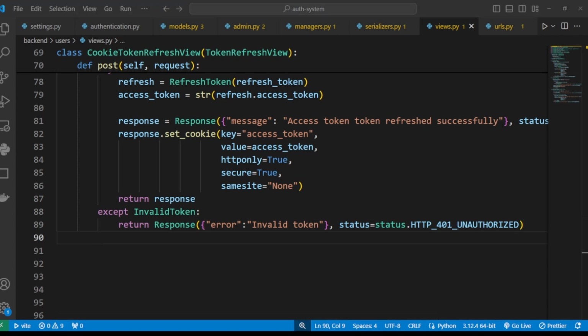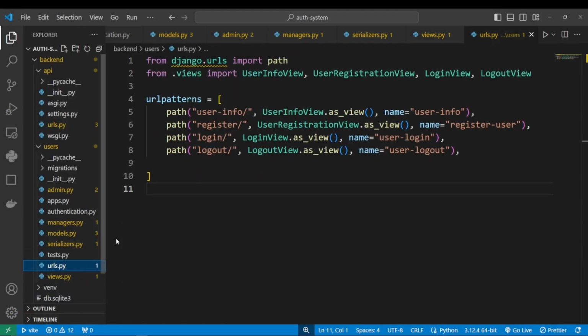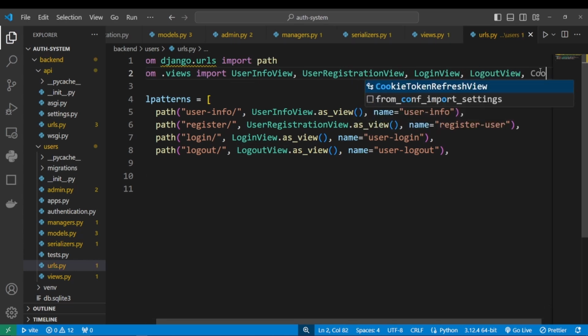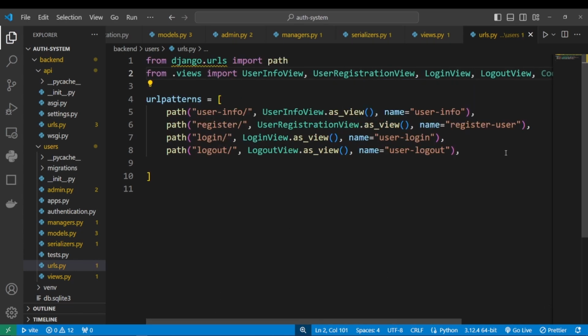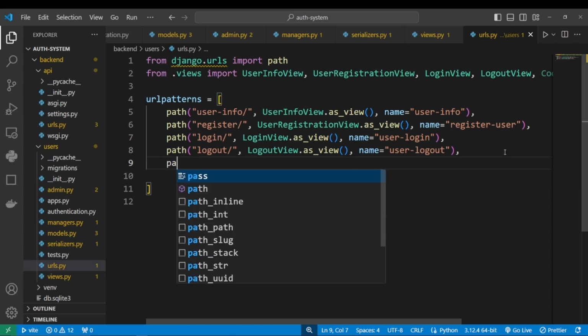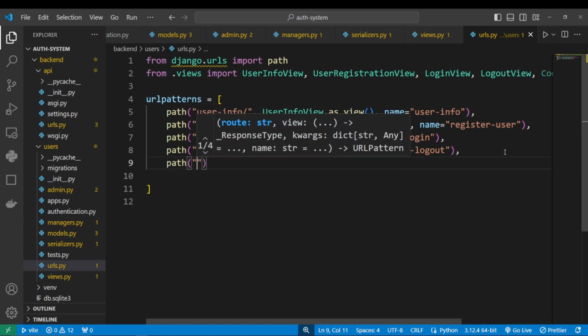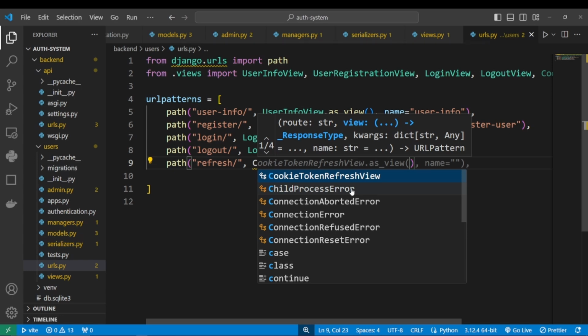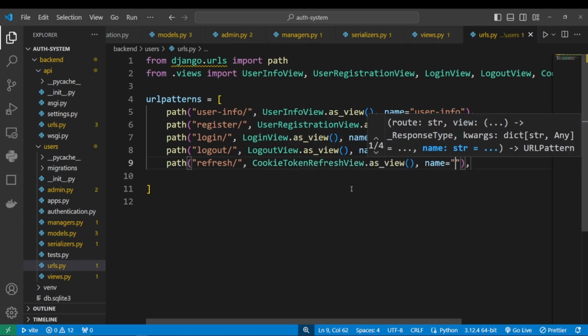Okay, now let's go to urls.py and let's import our CookieTokenRefreshView, and let's set up the refresh path. So path refresh, CookieTokenRefreshView as view, and we can set the name to